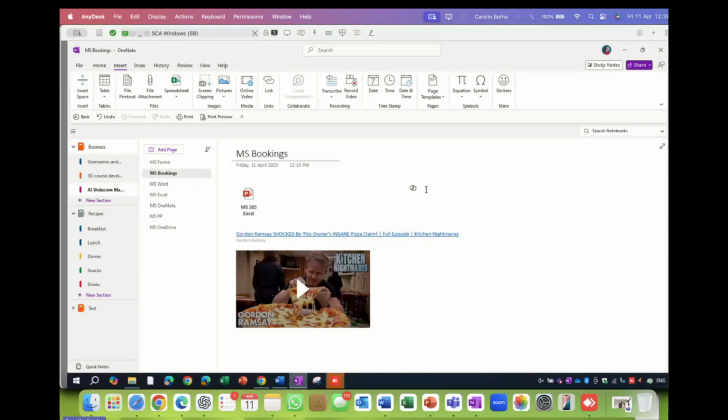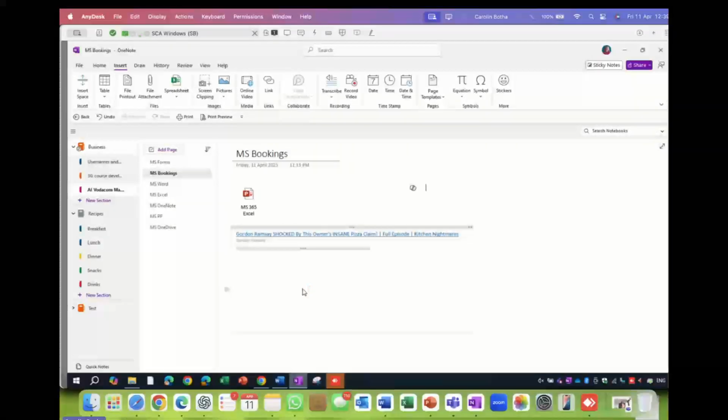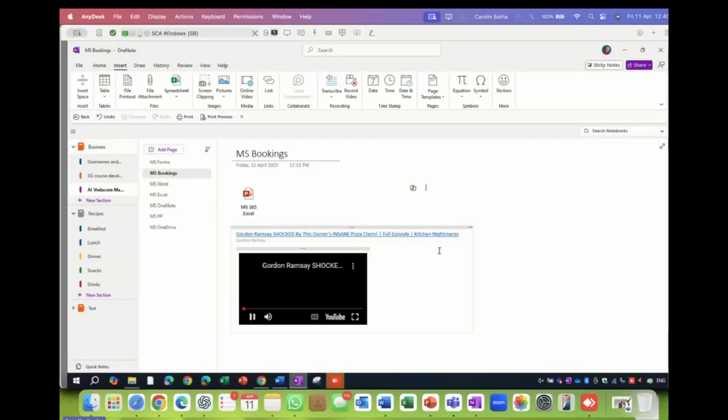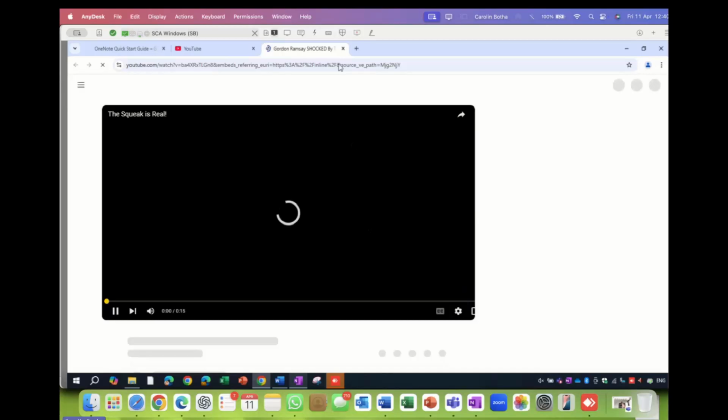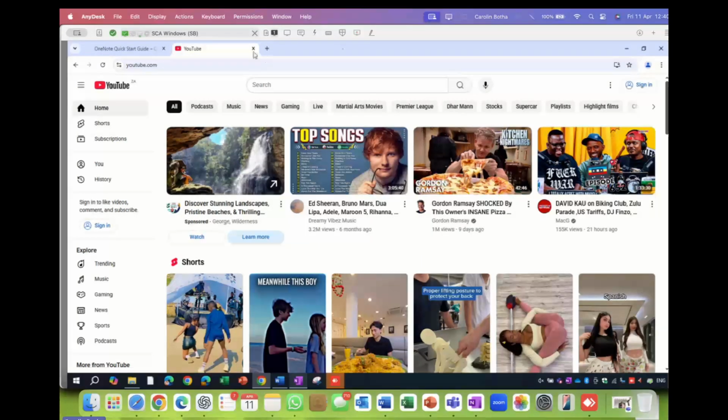Because you can't save a link in File Explorer. You can't do that as far as I know. So a good idea is to come and paste the link here, or insert the link here rather. Right, so whenever I need to show this video, I can just click on show or play, and it should start playing. It must start playing. There you go, and I can go straight to YouTube and it will open it in YouTube. So that's just a little note for myself, a link that I can refer to.